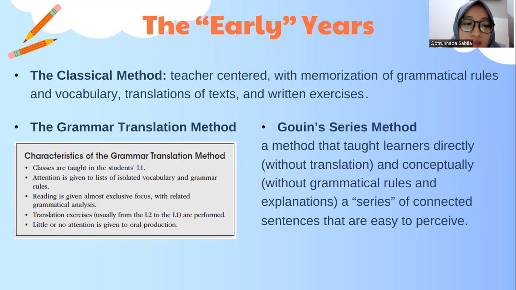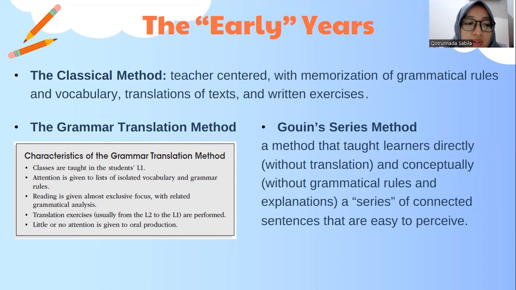Little thought was given at the time to teaching someone how to speak the language, and after all, languages were not being taught primarily to learn oral communication, but for the sake of being scholarly or for gaining reading proficiency. And by the late 19th century, the classical method came to be known as the grammar translation method,